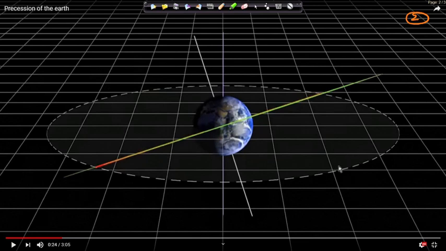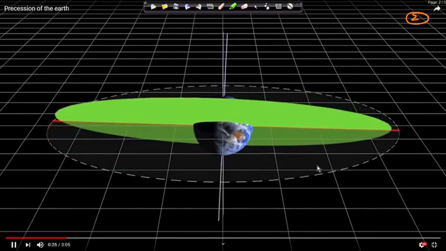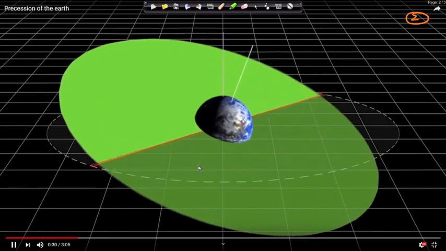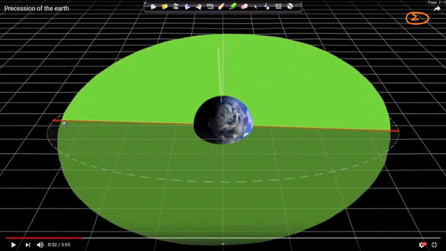Okay, already we have discussed this just in the beginning. The green line which is shown here is the equatorial plane. You are seeing it from the side, and this is a view of the ecliptic plane from the top. Now you can see that the ecliptic plane and the equatorial plane are cutting along this line, which is shown by the red line here. You can see the cursor moving along the red line. This is called the line of nodes.